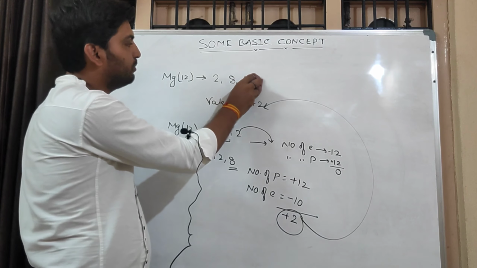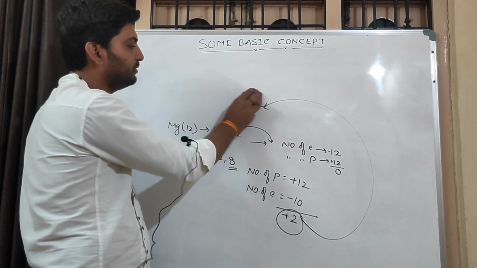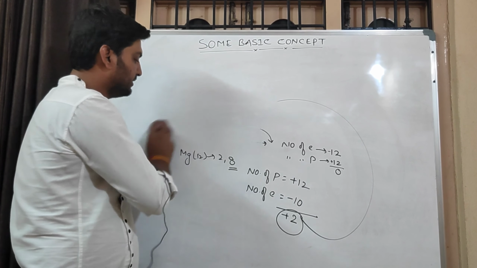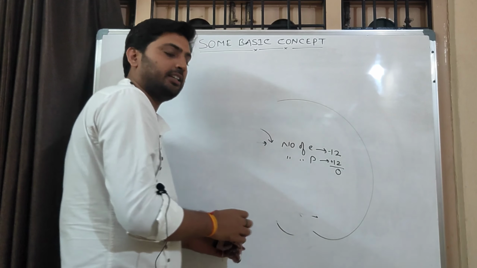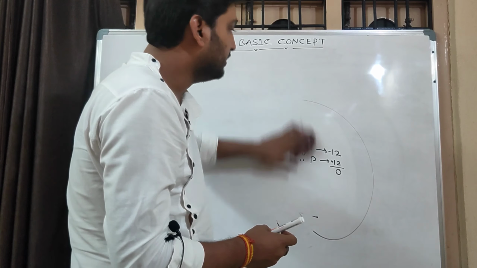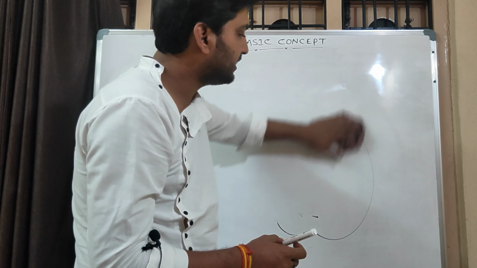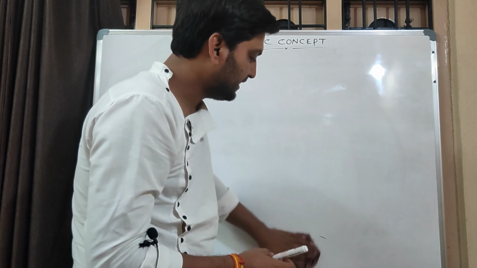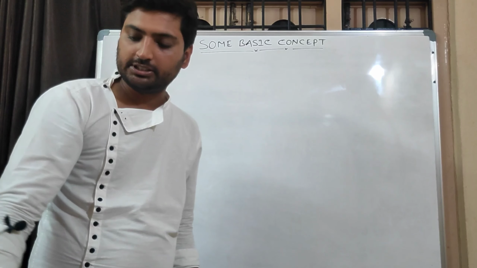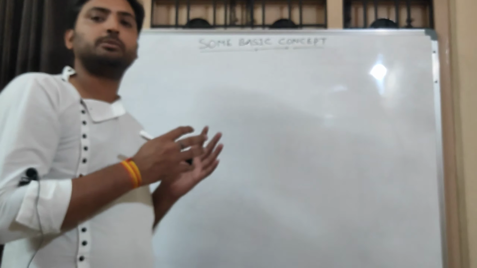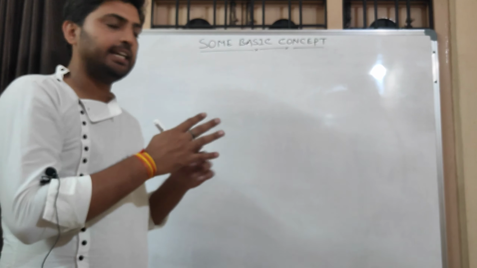That is called noble gases, the king of elements. They do not require any reactions because they are stable, because they have 8 electrons in their outermost shell. So the atom that has 8 electrons in the outermost shell will become stable. All the reactions in chemistry happen to make the atoms stable.